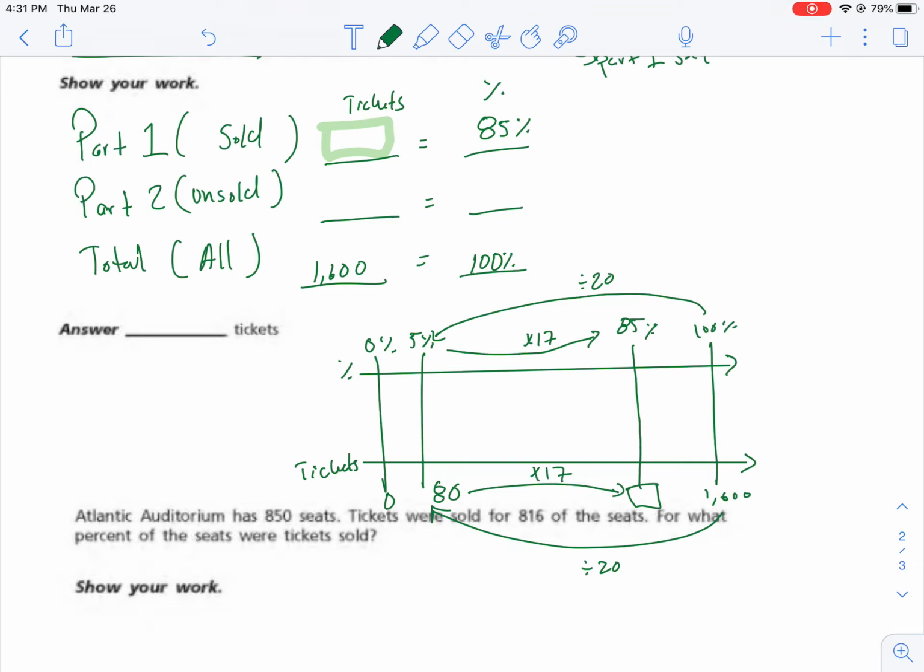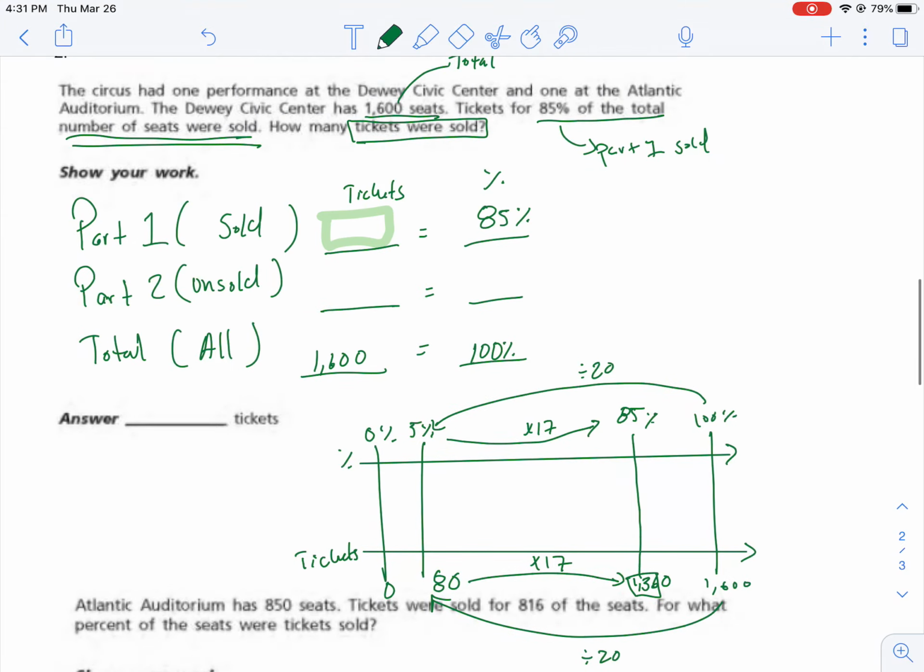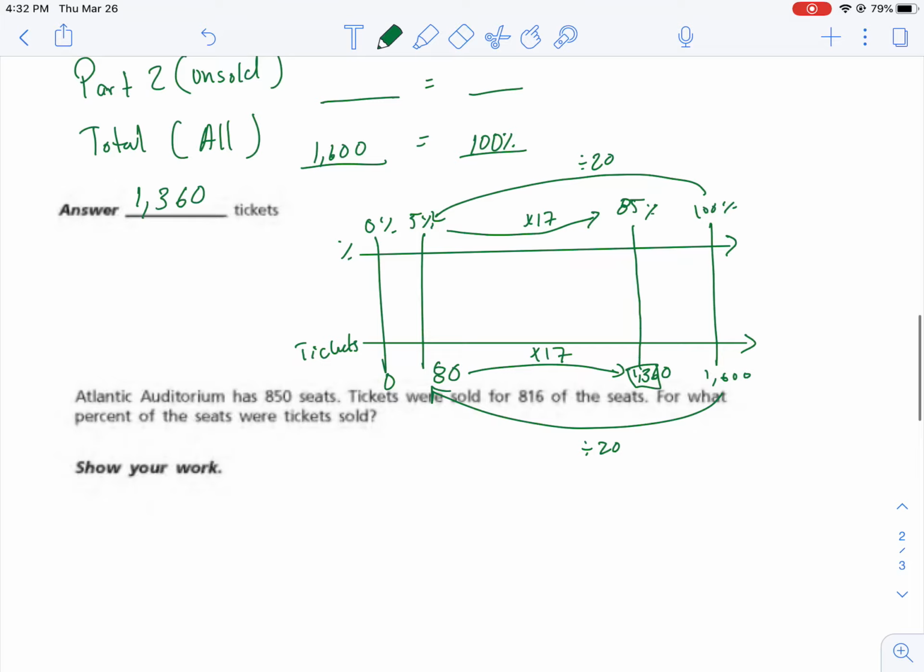And now 80 times 17 gives me 1,360. So this is equal to 1,360, and that's how many tickets were sold. All right, let's go ahead, and there's a